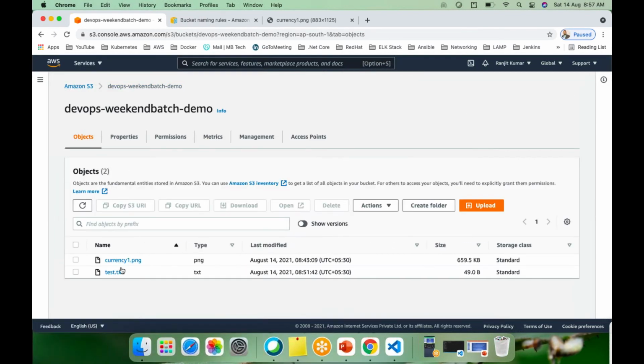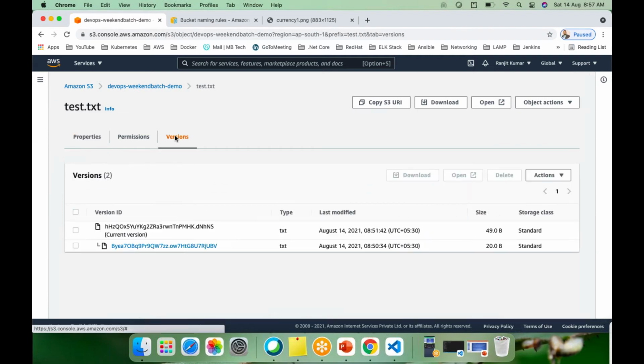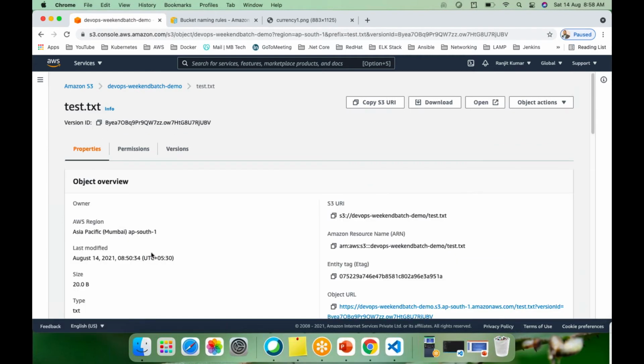It is not giving me the option to edit anything. It is not giving me the edit option for the versions either. If I go here and select again, go to the versions, see, everything is now disabled. As I told, everything is now grayed out, so it will not allow us to disable the versions. That is what is written here.